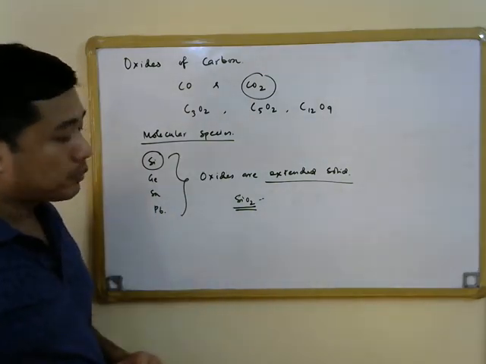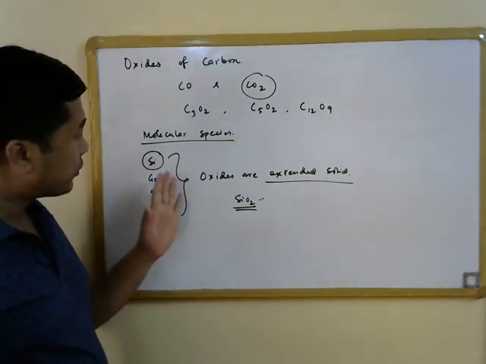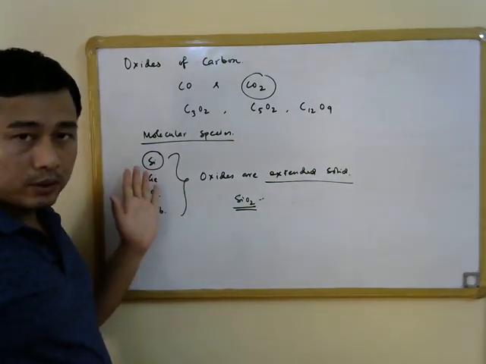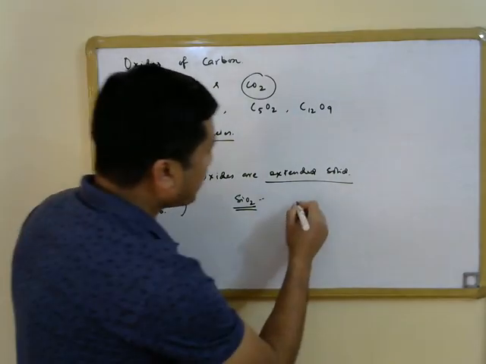So these heavier elements cannot form p pi